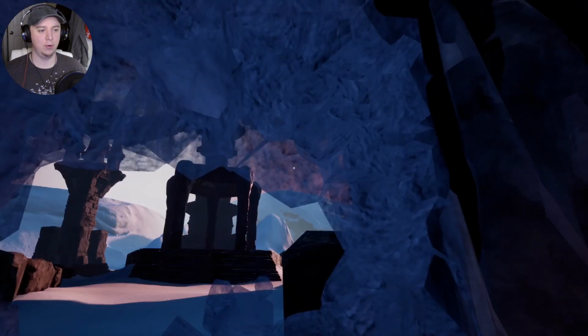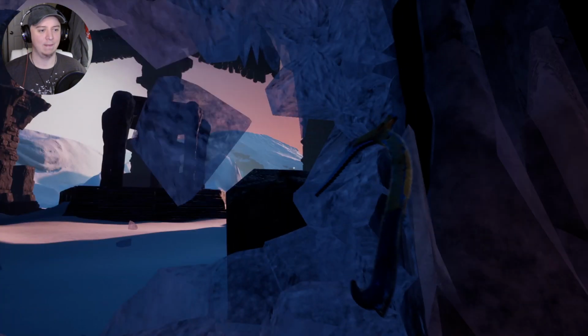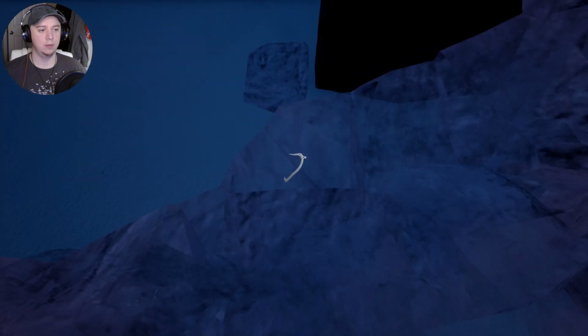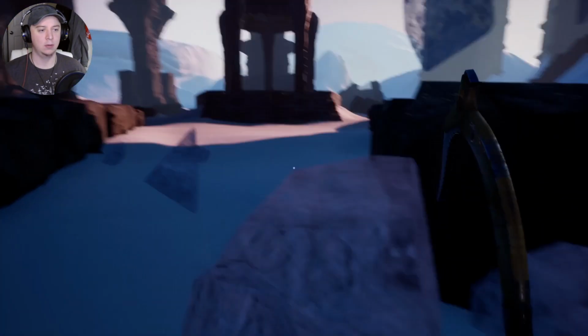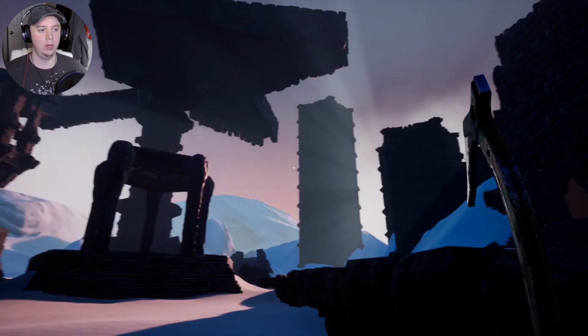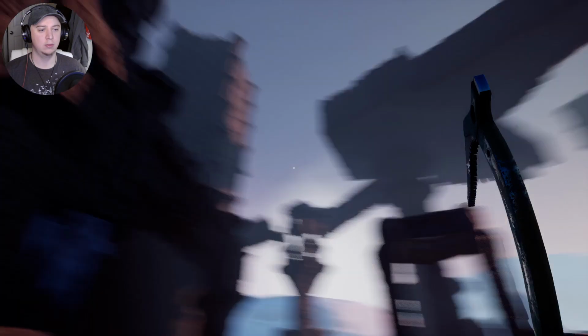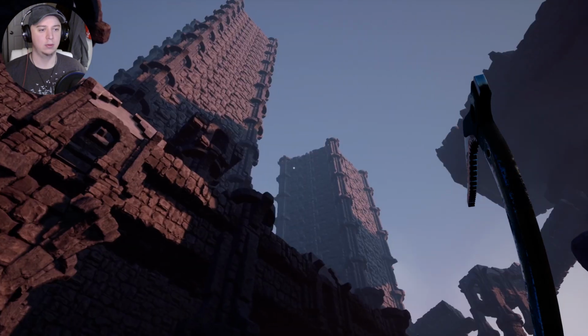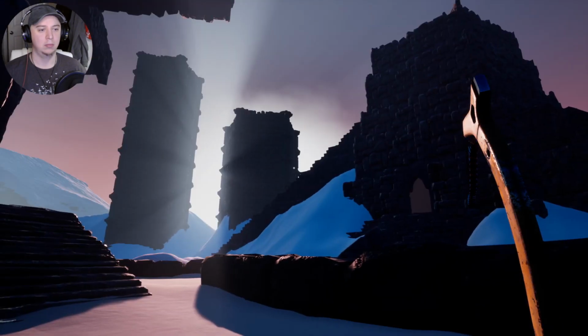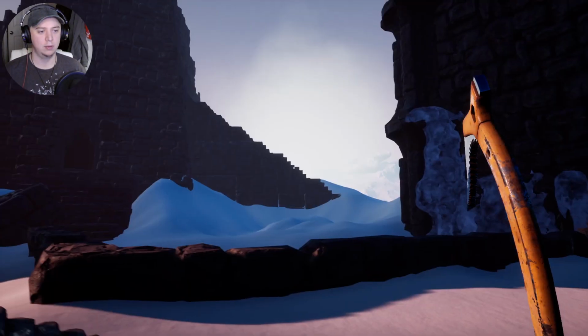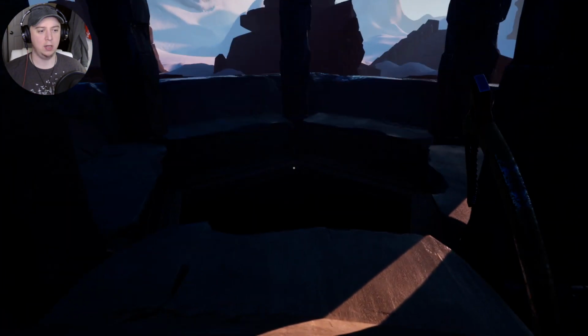Alright, here we go. We're breaking through. I like how it breaks apart in pieces like that. That's pretty cool. Okay, let's see if... Ooh, look at that. Looks pretty cool. I like the light coming through the pillars over there. That looks pretty cool. It is super quiet. There needs to be some ambience of some kind.